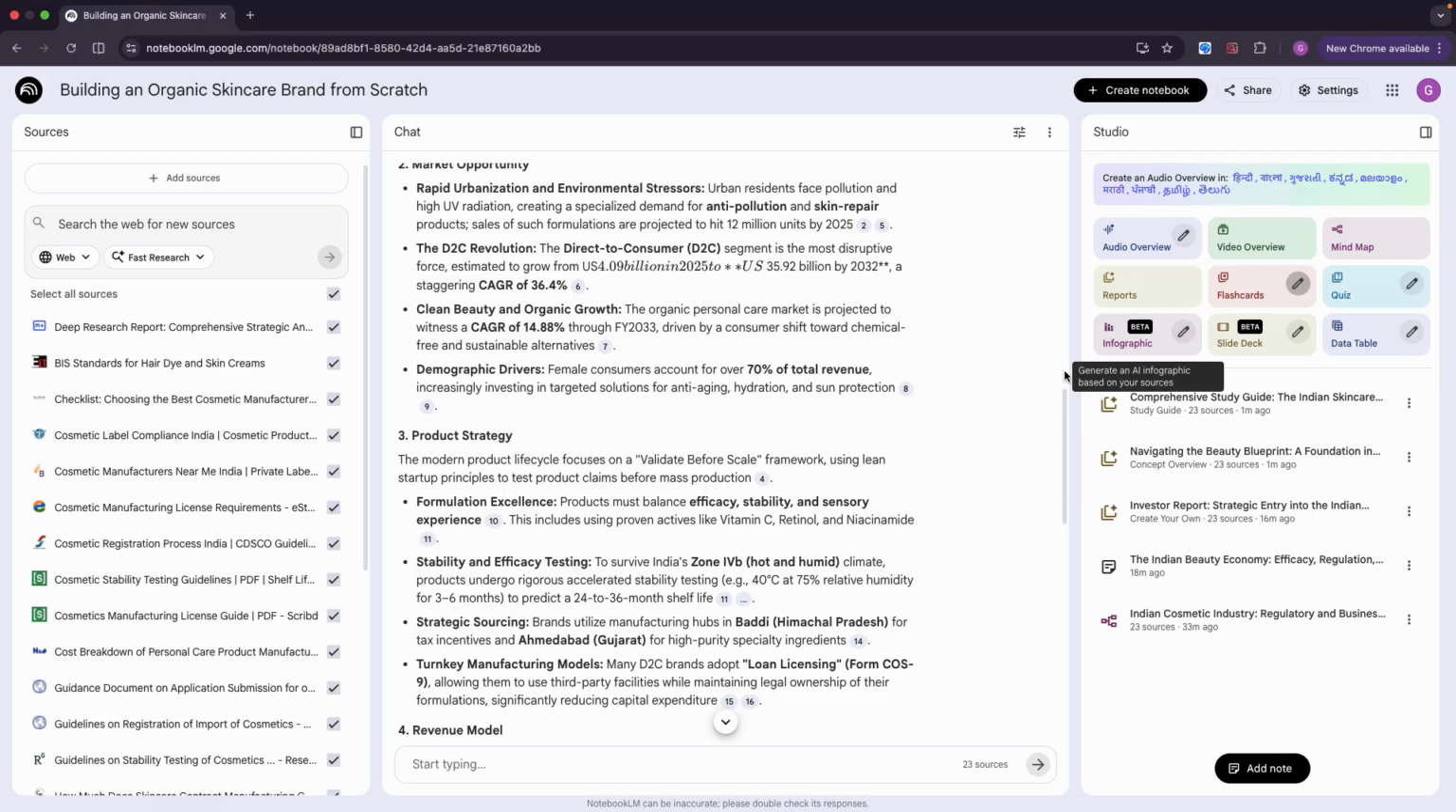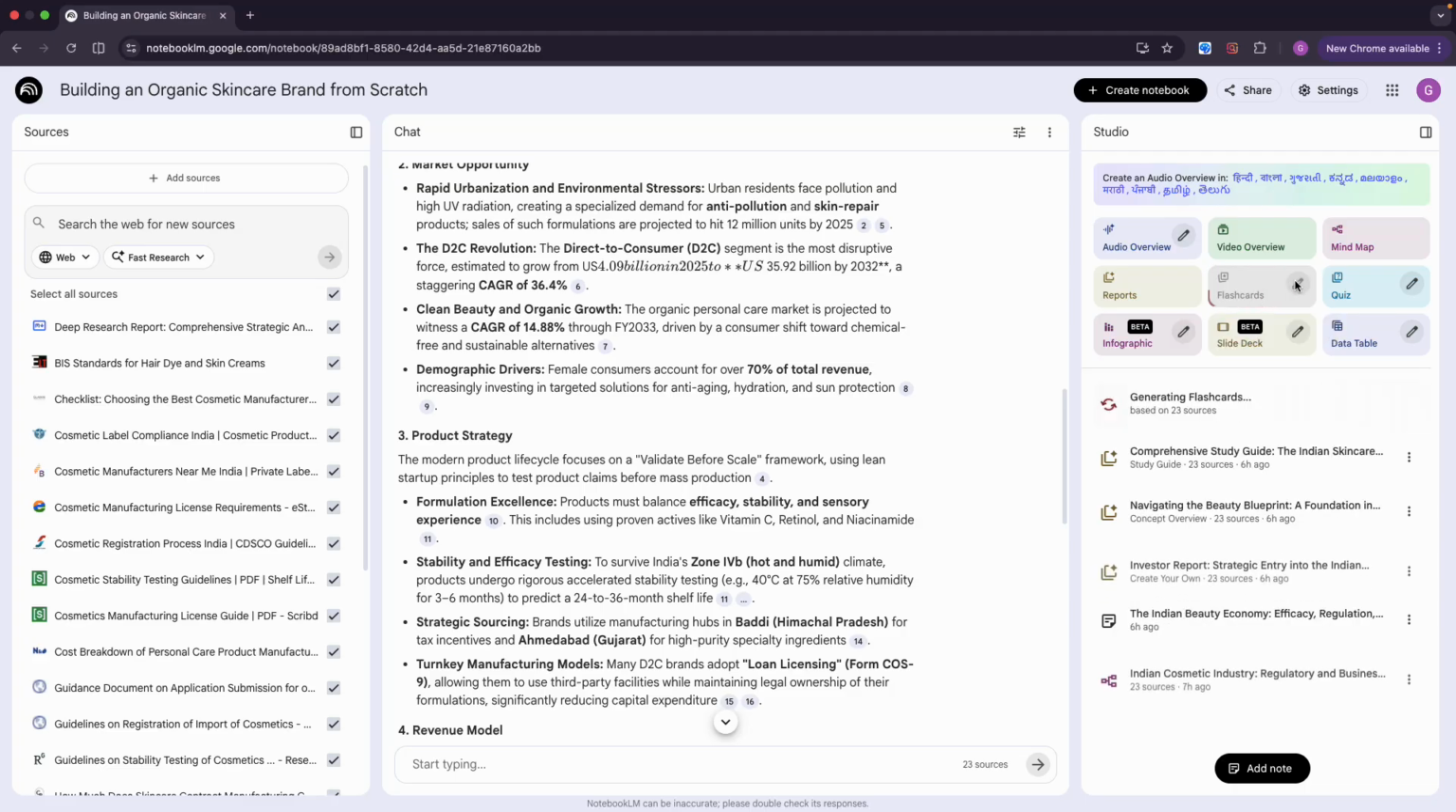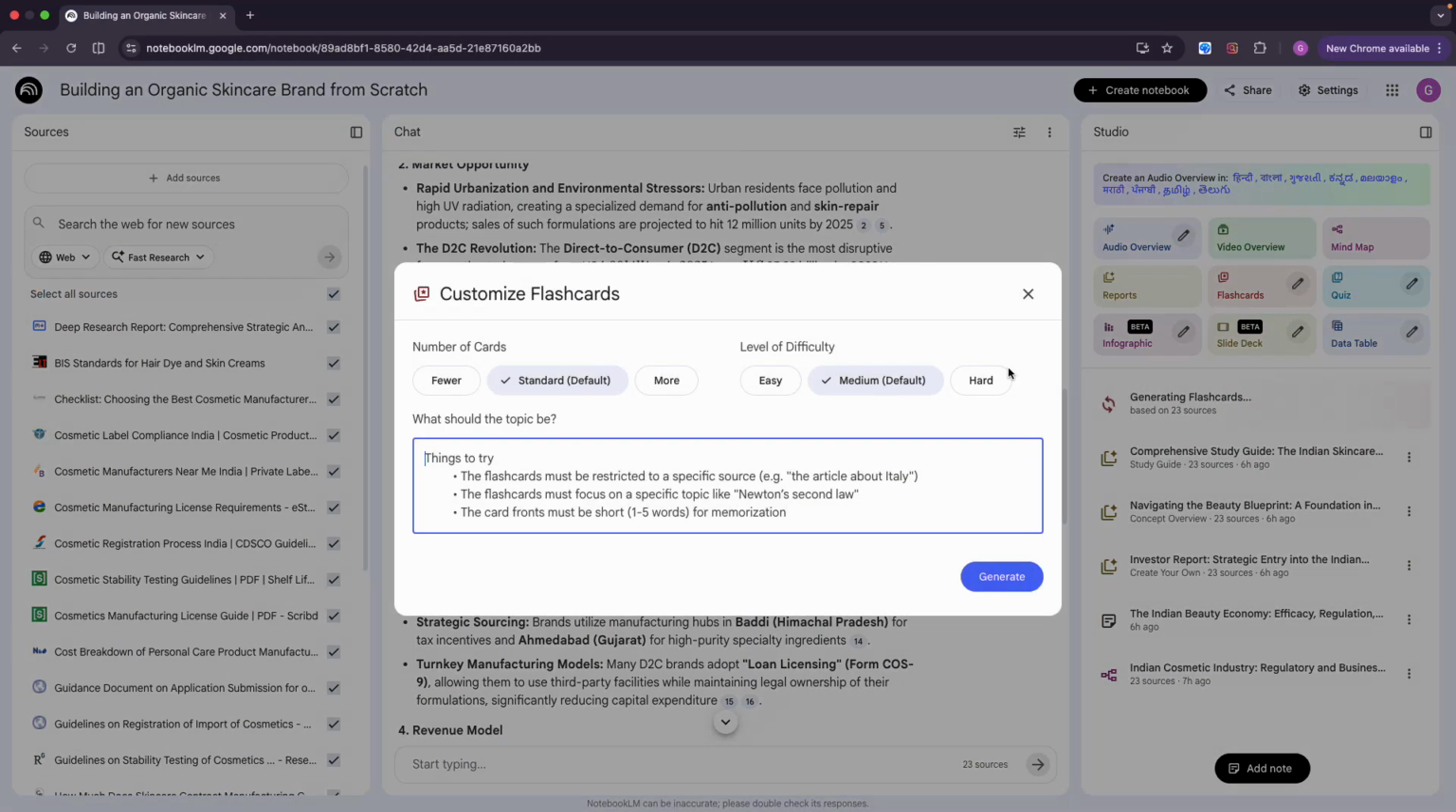So let's move on to flashcards. When you click on flashcard, sorry, if you click here, it will directly get created. That's a default flashcard. But if you want to customize,